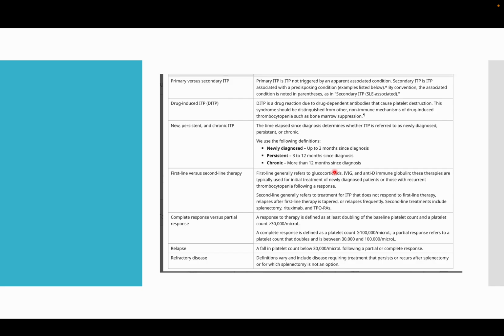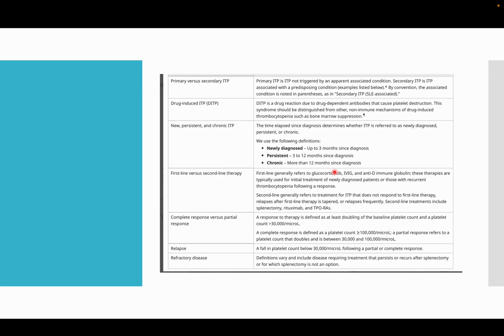If he is having a critical bleed, add on IVIG also. You give the steroid at full dose for at least 1 to 2 weeks, that is 1 mg per kg, then taper it within less than 6 weeks. Then you add a steroid-sparing agent like azathioprine or MMF. Generally, you can combine them also. Steroid plus MMF is an option, or steroid plus azathioprine is also an option, so that you can